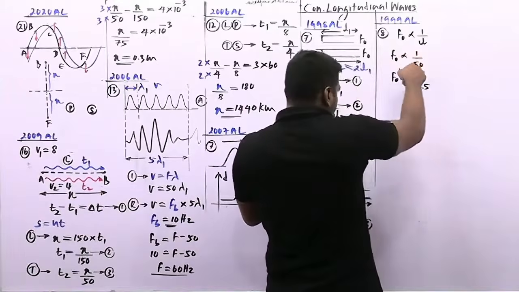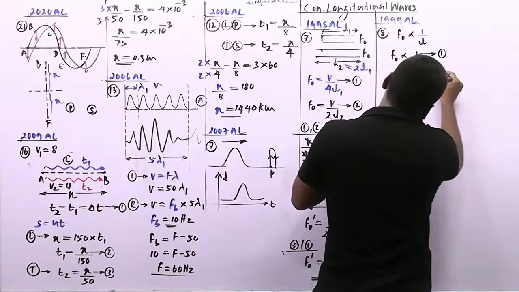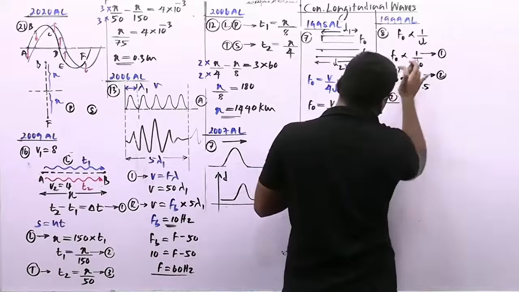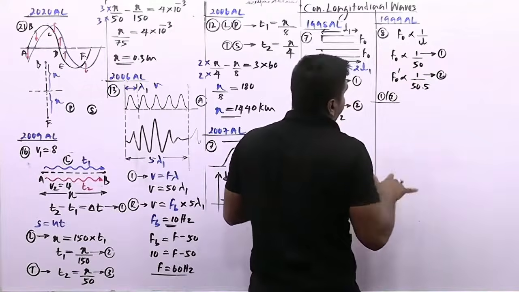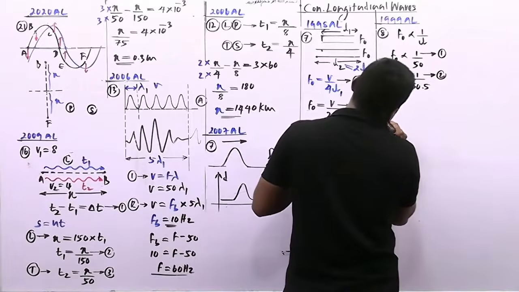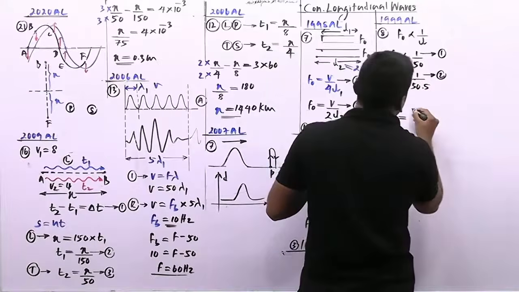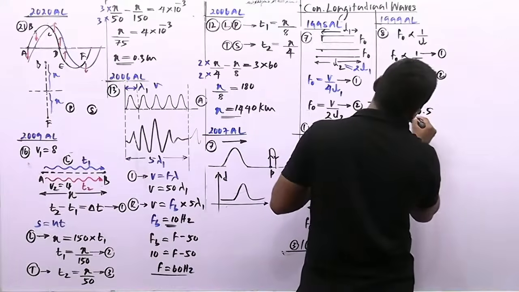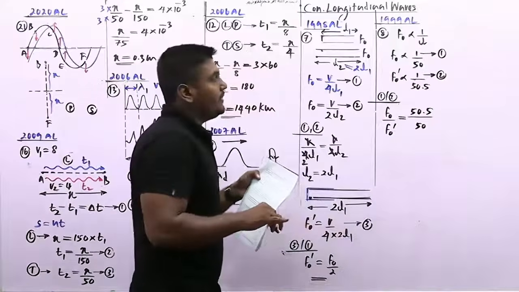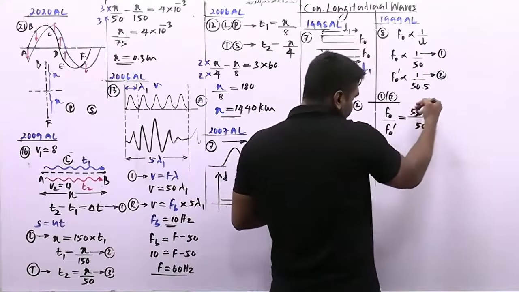If we divide 1 by 2, the answer is F naught over F naught dash, which must be equal to 50.5 over 50. Then F naught equals 50.5 over 50 times F naught dash,